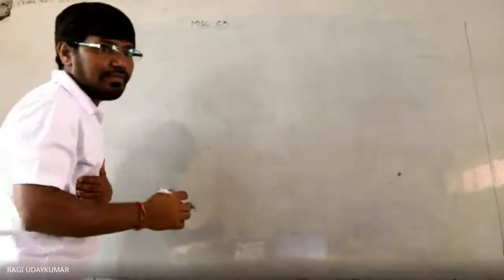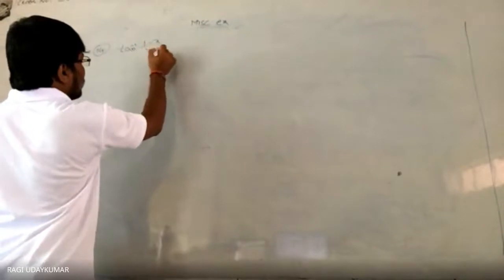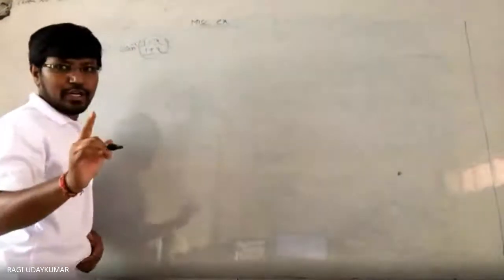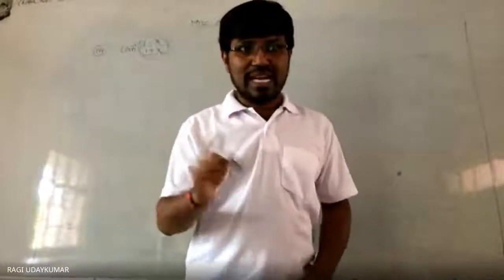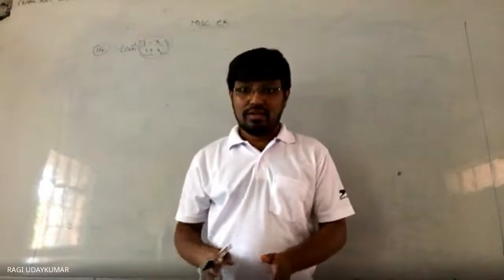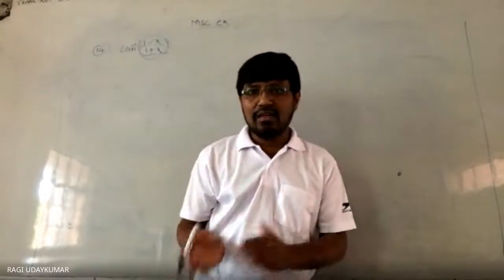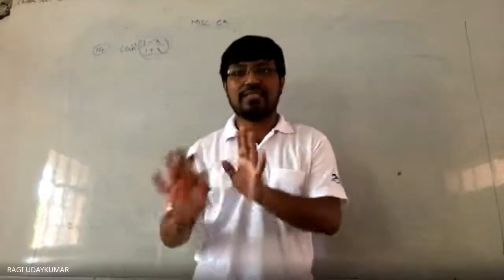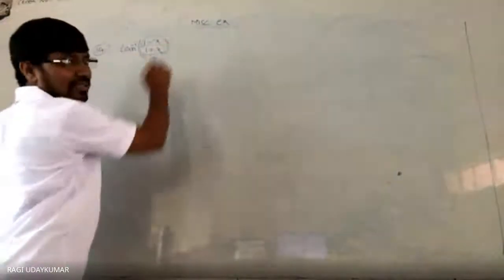One, tan inverse of 1 minus x. Just like if you observe this form, you need to get into your mind that it is the tan a minus tan b by 1 minus tan a tan b form. So tan inverse of 1 minus x by 1 plus x can be written as tan inverse of 1 minus tan inverse of x. Can we write this? This can be written as.